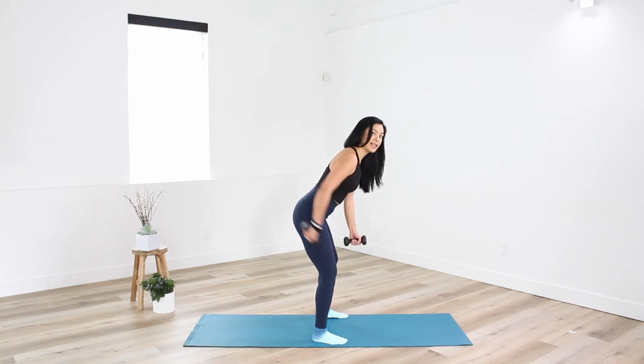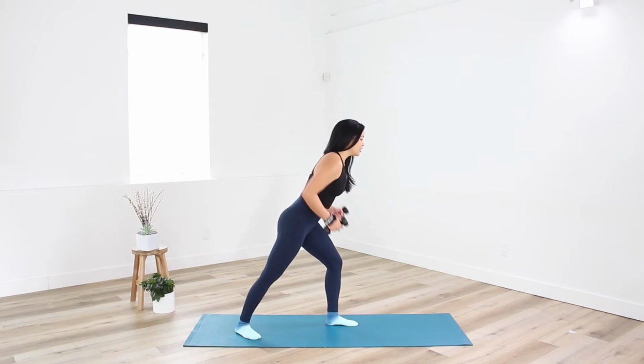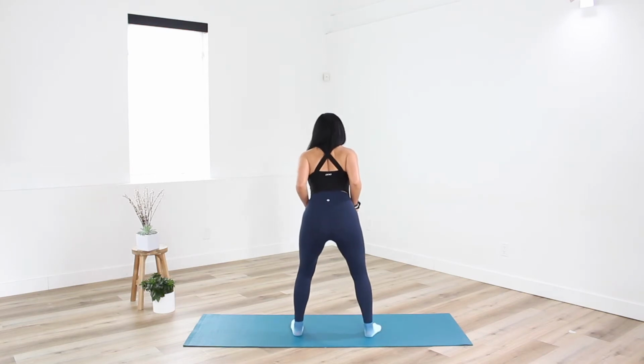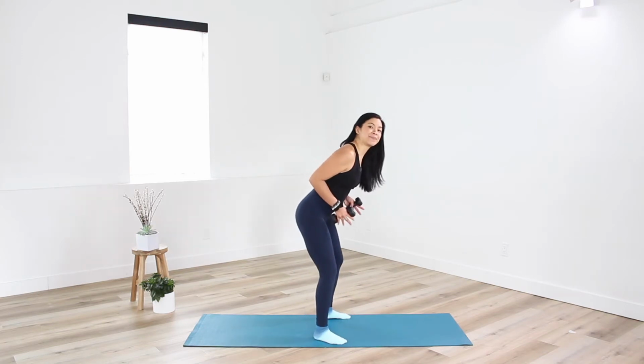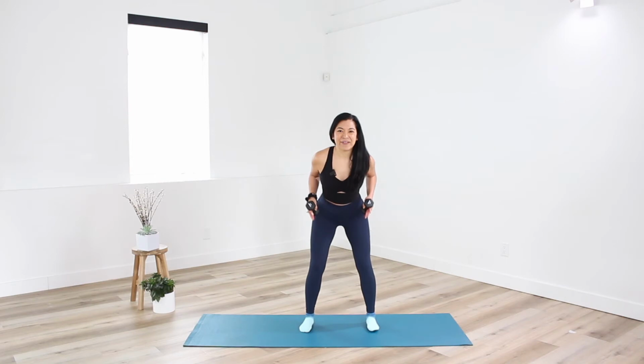Now, if you're feeling any tension in the low back, just take a big step back with one leg. You decide what feels good for you today. Let's hold those elbows nice and high. Squeeze the shoulder blades together. Take a squeeze. Squeeze, thinking about your back body. Nice deep focused breath. Feel that deep squeeze between the shoulder blades for 8, 7, 6, 4, 3,